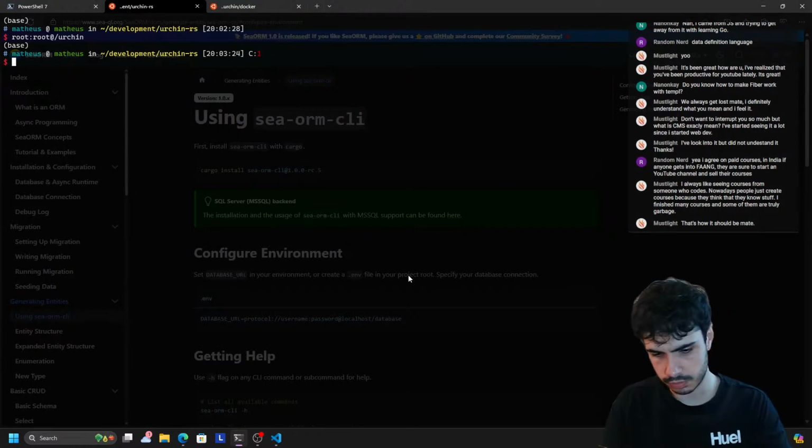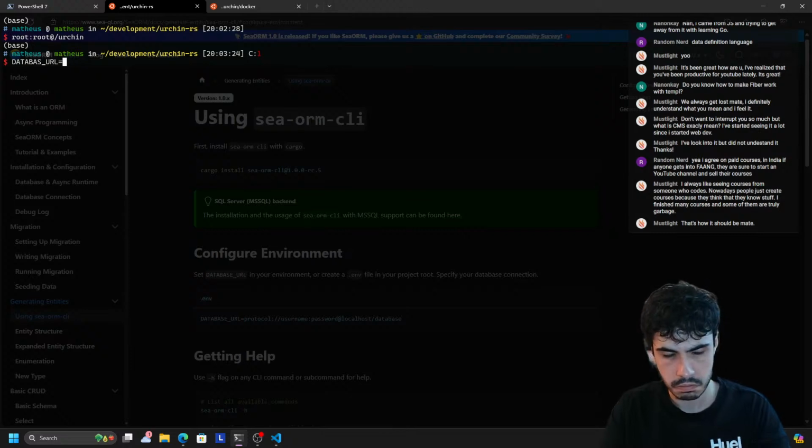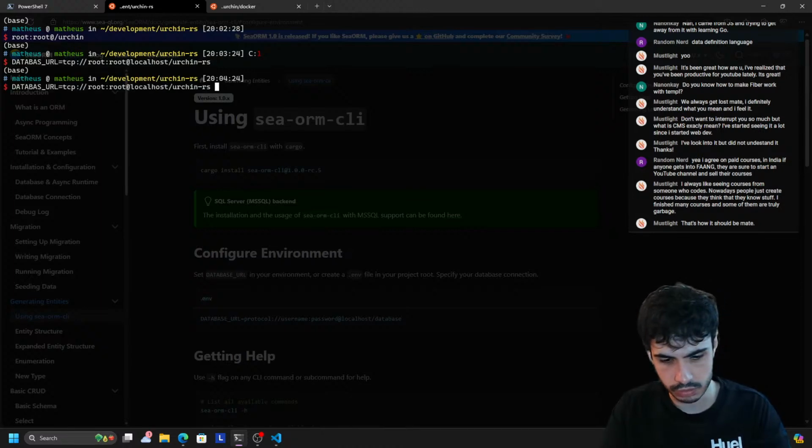I'm just going to do it here. So database, database URL is going to be equal to protocol. I know what the protocol is, TCP. And the username and password is root at urchin localhost, at urchin database, right? Urchin2. So urchin-rs. Let's create another one. So we've set that up, and now we should be able to do CORM CLI